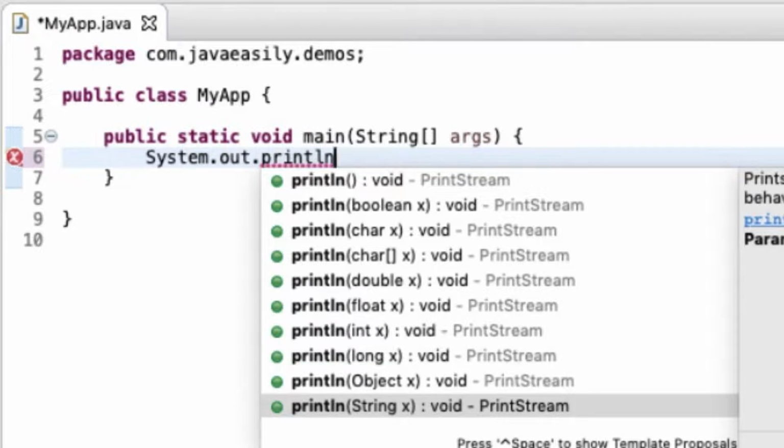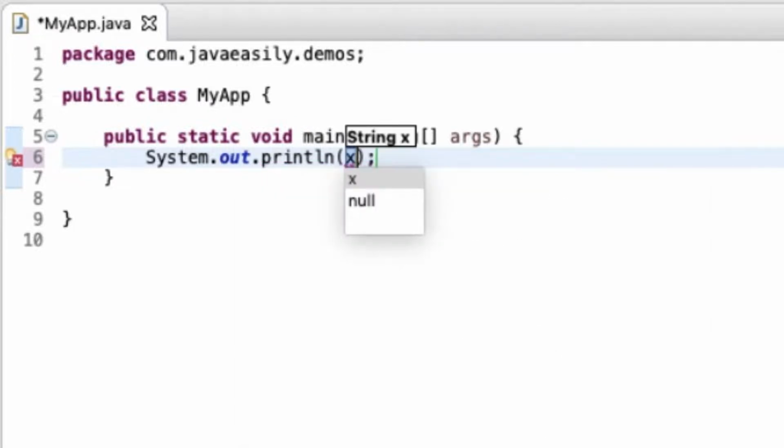If I now press enter, then you can see it's automatically selected that particular method for me. It's also put the parentheses round as well. And now it's also saying, okay, well, give me a string, which you can see there above. If I just put quotation mark, hello world, quotation mark, at this point, you can see that we've no longer got any red underlined squiggly underlines, nor do we have any of those red crosses in the circles, and that's because now this particular class is valid Java code. In other words, it can be compiled down to bytecode and then executed on a JVM.